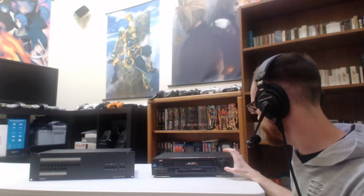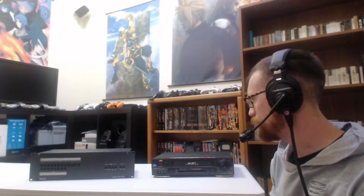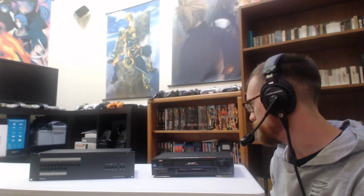Just if you're looking to capture retro games in pretty high quality, using something like S-Video, using a VCR is generally a good idea because there's not too many options anymore for capturing things on S-Video. You either have to use composite video, which when we talk about the FrameMeister, I'll show you the difference between the quality. Composite isn't as good as S-Video is, and then there's component, but again, you can't really get a VCR that has component inputs or outputs on it,